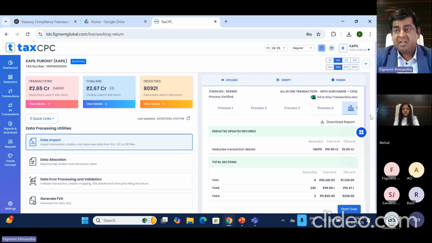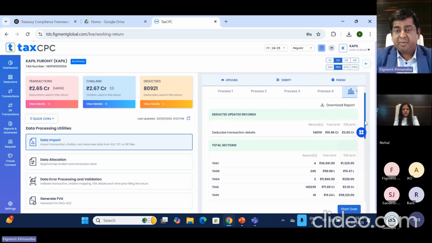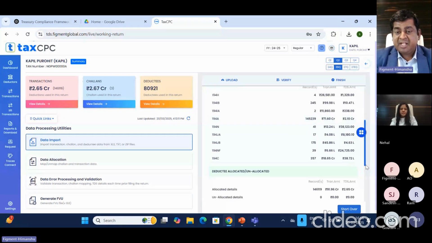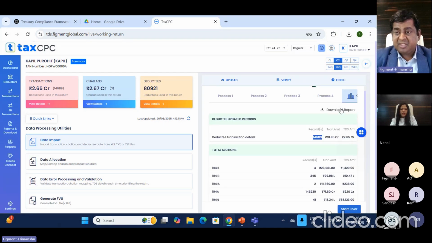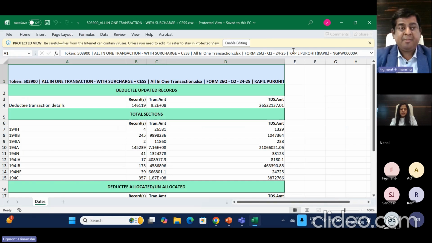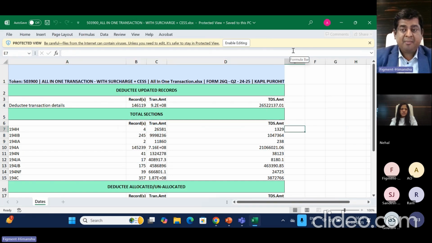उसके बाद में आपका चालान और डेटा इंपोर्ट का एक प्रोसेस आ जाएगा और आपका ये टेम्पलेट बन जाएगा कि आपका जो डेटा इंसर्ट हुआ उसकी एक रिपोर्ट जनरेट हो जाएगी। जैसे 1,46,000 का डेटा इंसर्ट किया है, उसमें कौन से सेक्शन का कितना डेटा है, 194H, IB, IA का कितना डेटा है, इसका ट्रांजेक्शन अमाउंट, टीडीएस अमाउंट क्या है। तो ये सारा आपका एक समरी बन जाएगा और ये समरी को आप डाउनलोड कर सकते हैं फॉर द पर्पज ऑफ रेमिटेंस, ताकि आपको आपके हायर अथॉरिटी से अप्रूवल लेना रहे तो ये रिपोर्ट एक्सेल फॉर्मेट में डाउनलोड होगी। इस रिपोर्ट को देख के आप अप्रूवल ले सकते हैं कि कौन से सेक्शन में आप कितना पेमेंट कर रहे हैं।